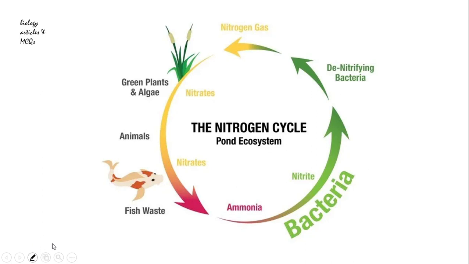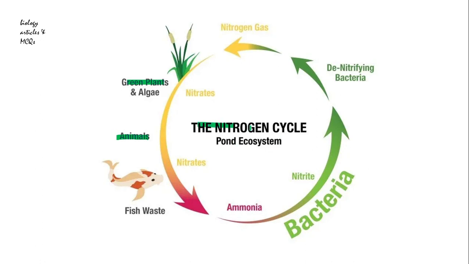For example, here you can see different living things like animals, plants and green algae. And the non-living things can be the soil, water, and the atmosphere. If the nitrogen is moving between all these things, then this is a cyclic pathway and will be called